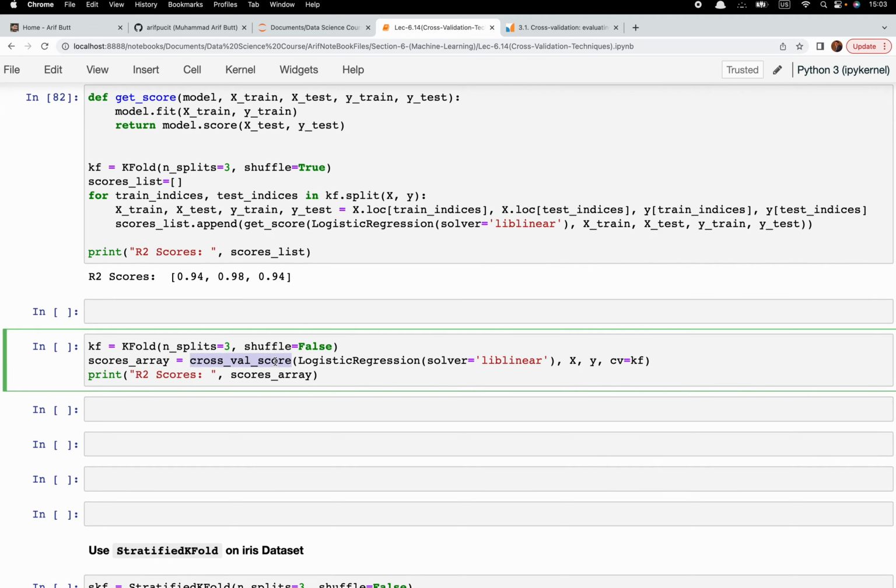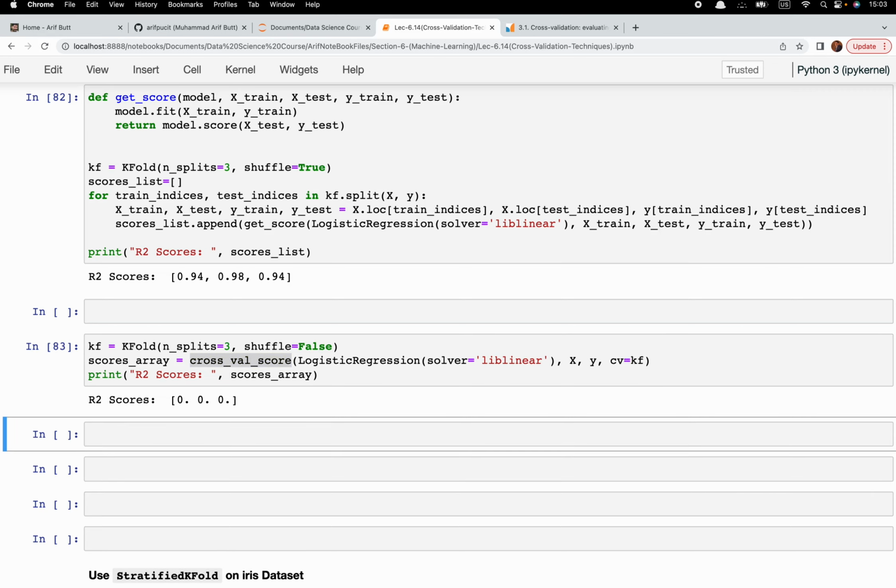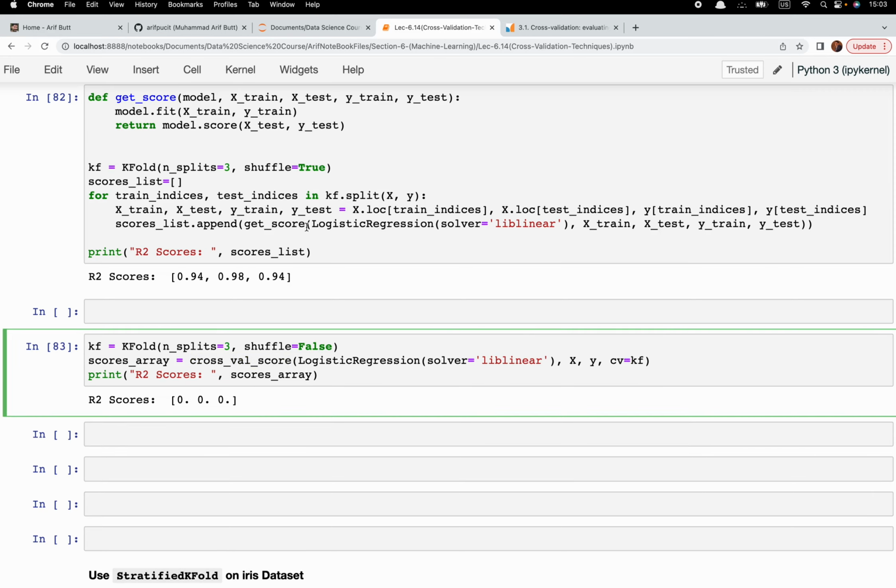To do the same task, let me execute it. So you see, whether you do it using a loop programmatically or you use the cross-val score, the output is 0. My dear friends, let me add one more point over here, and that is,